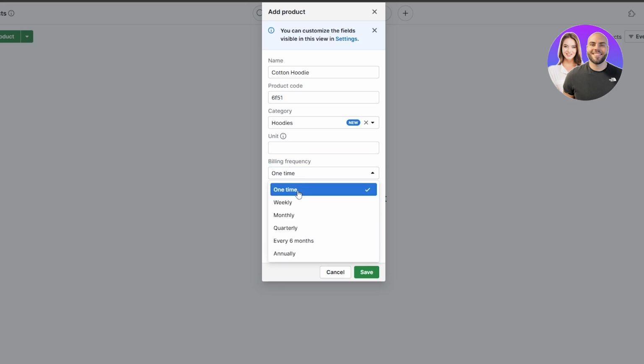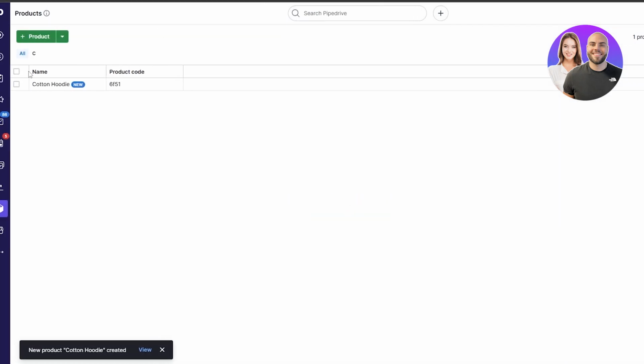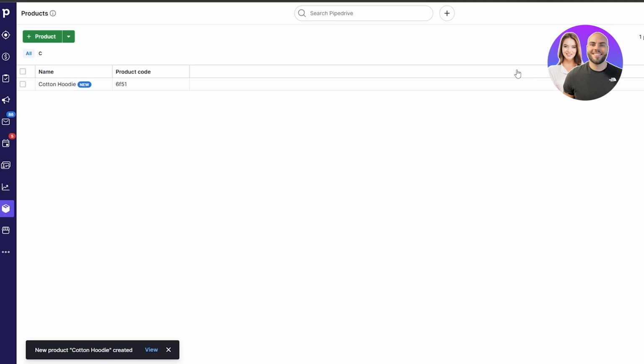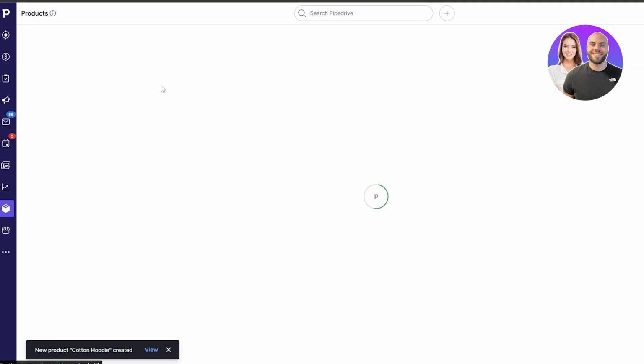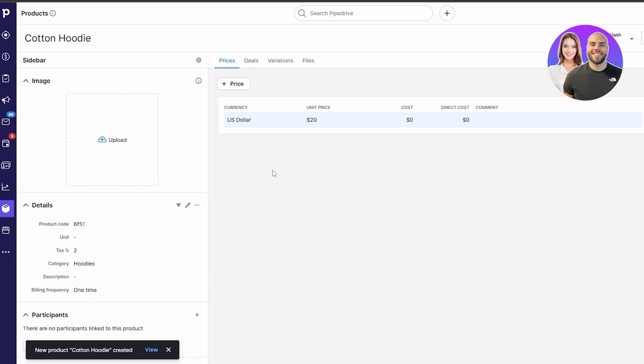You've got billing frequency: one time, monthly, whatever you want. Unit price is going to be over here, so let's say it's $20 or whatever. Tax percentage, 2% tax, and then click on save. So we now have a product right here, product code and everything. If you click on the product itself and open it up, you can see more